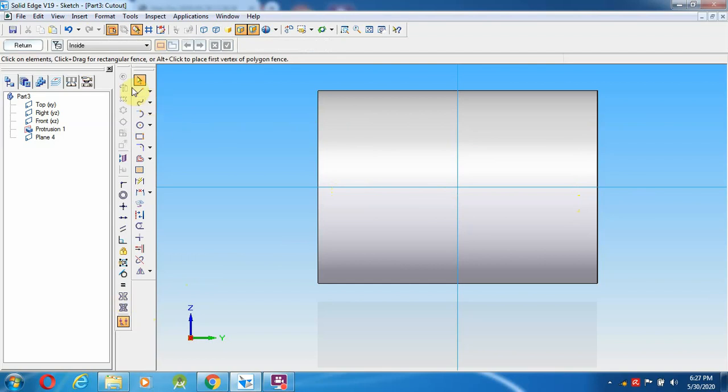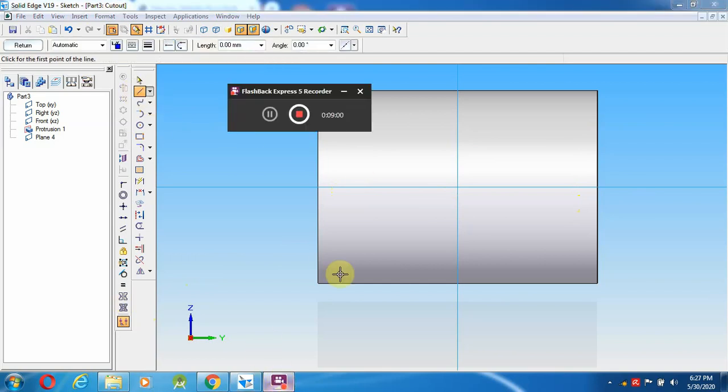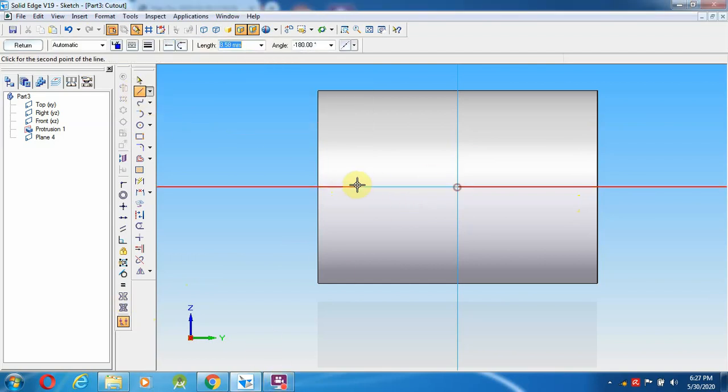Select a line from here to 10, 1 mm, 20, 2 mm, 20, and angle 180.